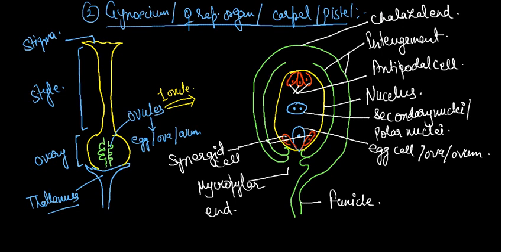Because maximum things are in that. So this is the first part. In the next part we are going to discuss fertilization, pollination, and the rest of the things, and in that part we will definitely complete reproduction in plants.